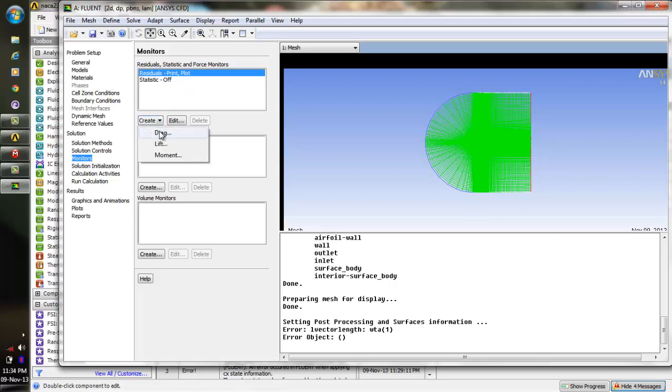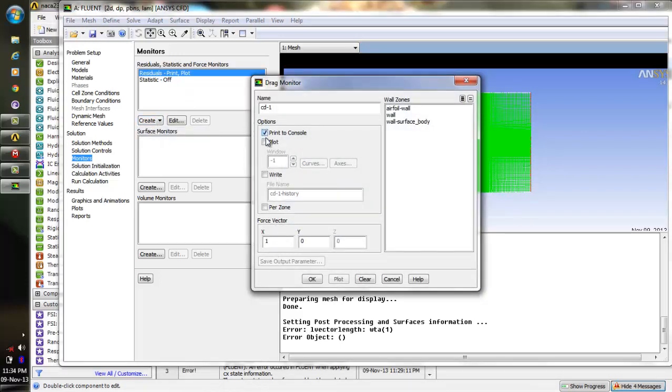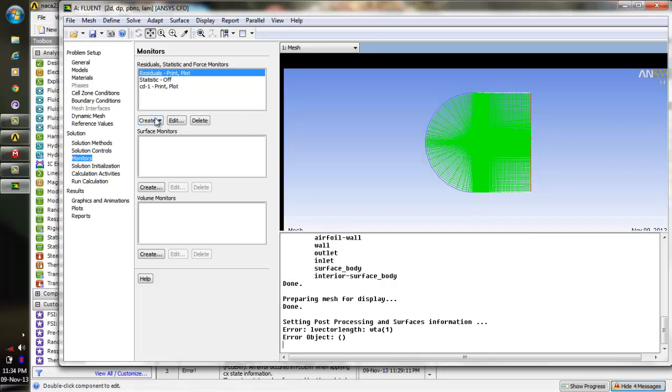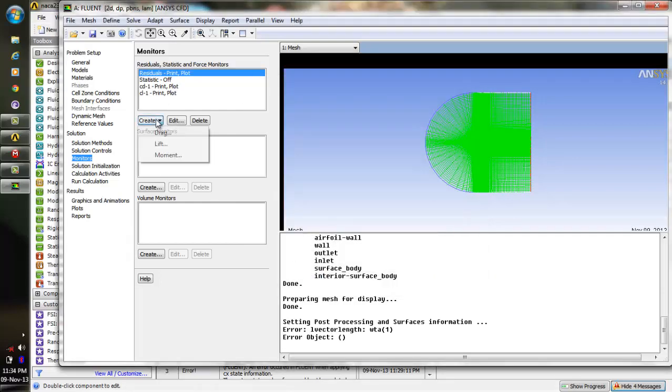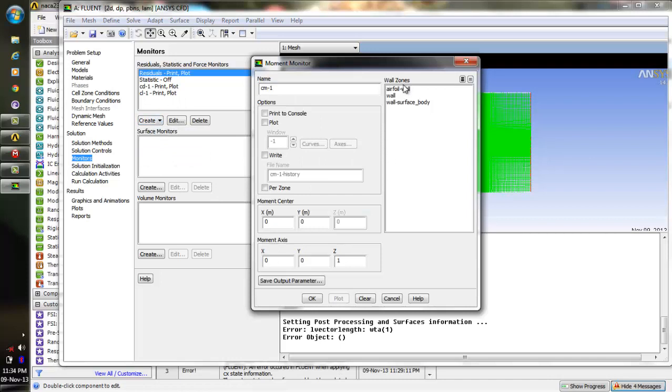monitors. We go for this drag, print to console, airfoil wall. We need the drag around the airfoil, so we'll select this airfoil wall. Okay, lift, okay, moment, not the wall, it's only the airfoil. We need it around the airfoil. Okay,